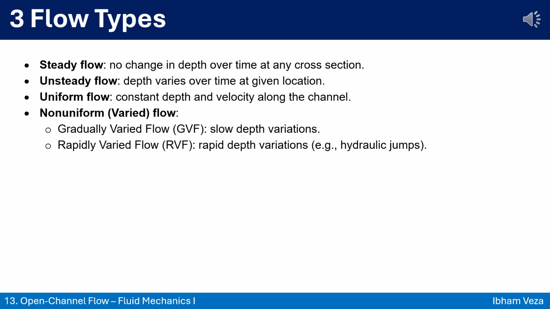These can be broken down further. Gradually varied flow, or GVF, changes depth slowly over a long distance. This is what you typically see in natural rivers adapting to terrain. Rapidly varied flow, or RVF, involves abrupt changes, like what happens during a hydraulic jump, when supercritical flow suddenly becomes